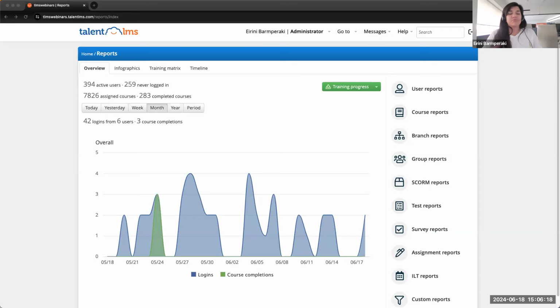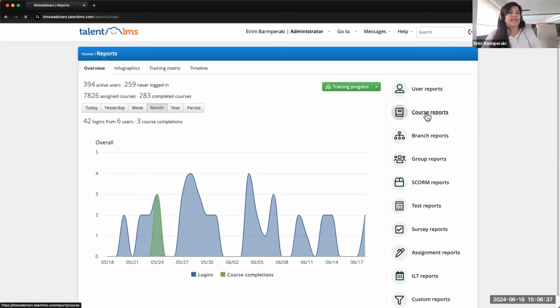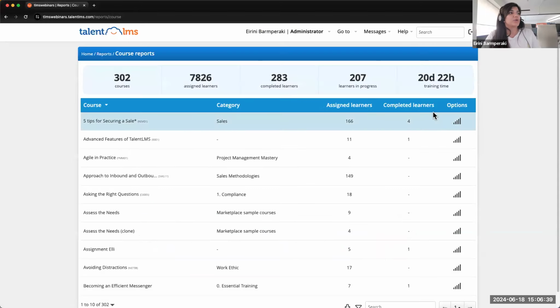Now, apart from the training progress report, what else do we see here? Well, as an admin, you are responsible, as we said, for every aspect of the site. Therefore, you can also access any reports that the instructor can access. So as you can see here, we have course reports. And if I click quickly on the course reports, you can see the entire list of all the course reports